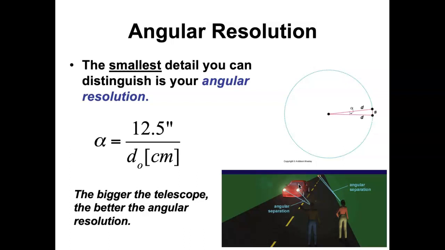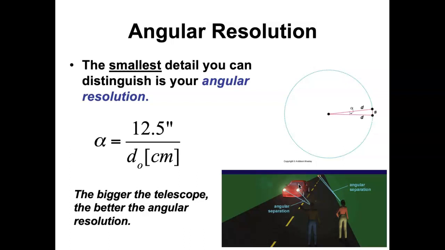So usually the equation is written like this one here, where alpha is the smallest angle that you can still resolve. Alpha is the size of the smallest detail that your telescope can see. Any smaller detail will just be blurry and you won't be able to make it out. Any larger detail is clearly visible, but alpha is basically the cutoff, the smallest detail that you can resolve. And that alpha, that minimum resolvable angle, is 12.5 arc seconds divided by the diameter of